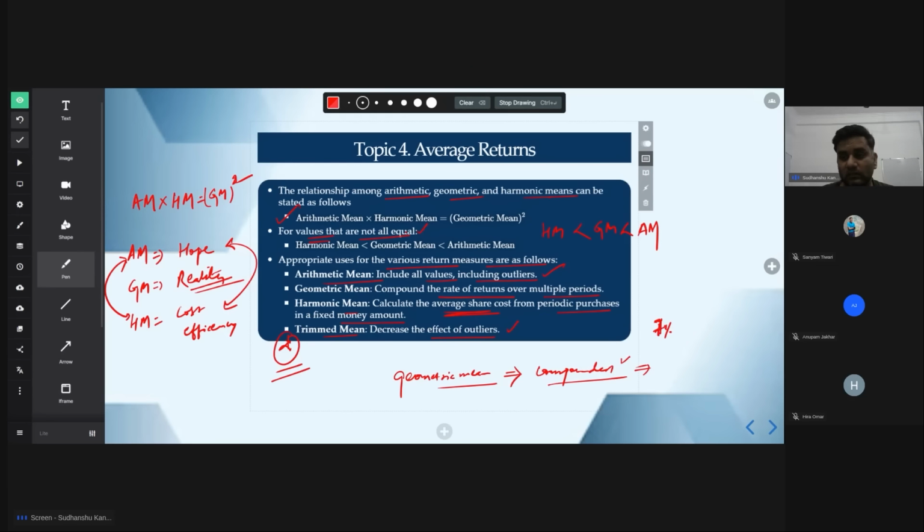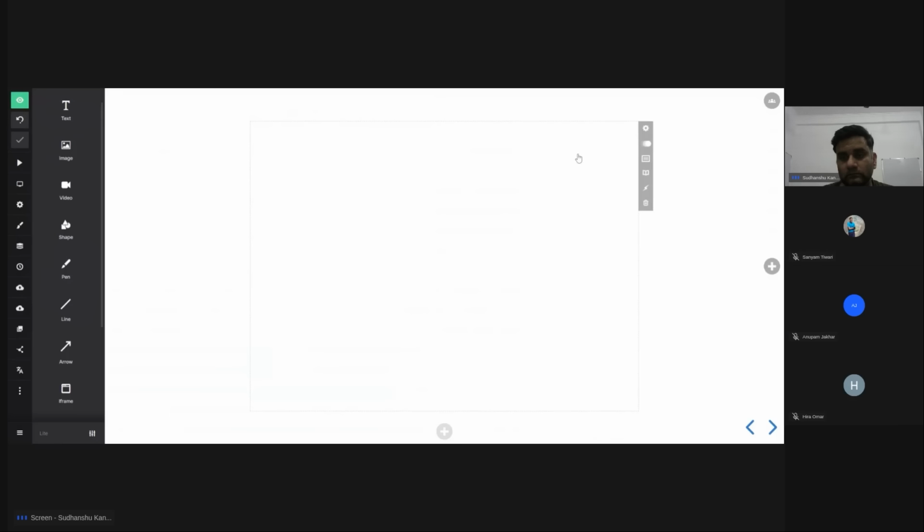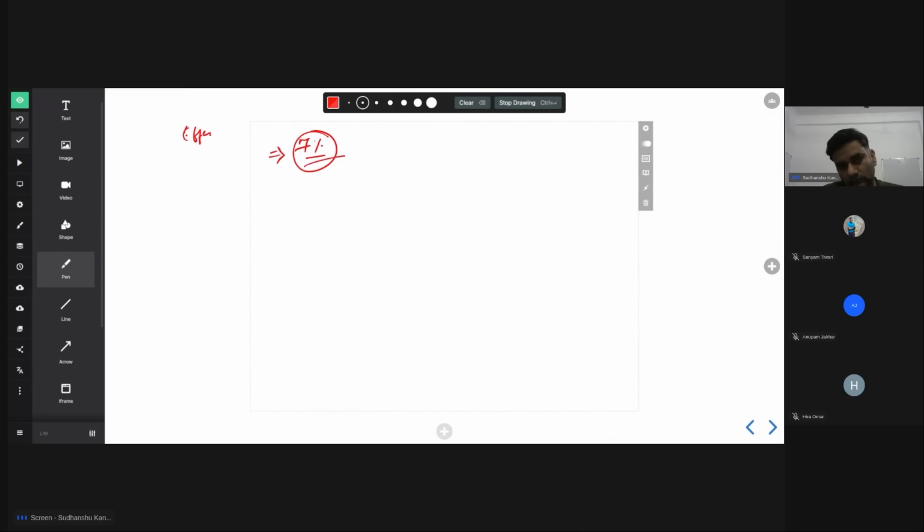Okay, let me go to a sheet. The space is less. Okay, so let's write here. The whole concept here is, if I tell you that I want 7%, so if you want 7% return, to achieve an effective interest of 7%, what kind of